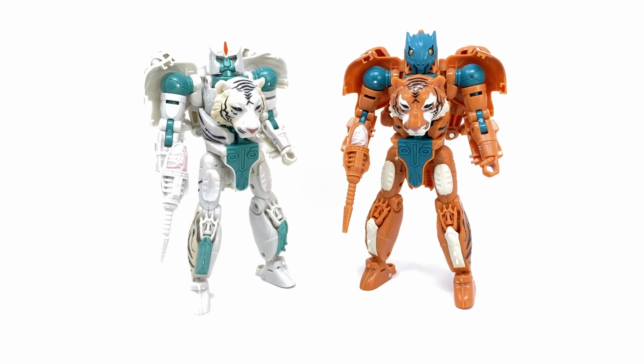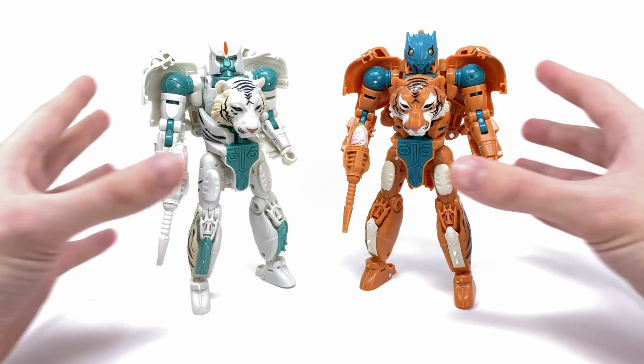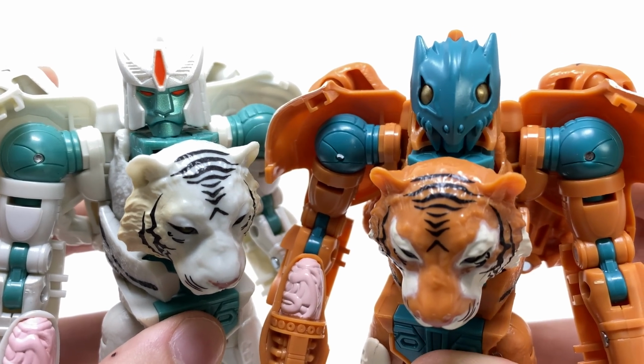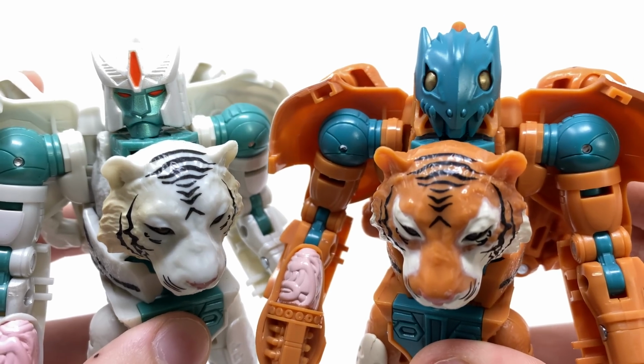And here for one final comparison, of course we've got the mutant Tigatron compared next to a Tigatron, which is actually being completely blasted out here by my review station. But you can see in regards to the actual robot mode they are essentially exactly the same besides the colour scheme, and of course the head sculpts massively differ. But once again, I have no issue in thinking of this mutant Tigatron as being almost a mirrored